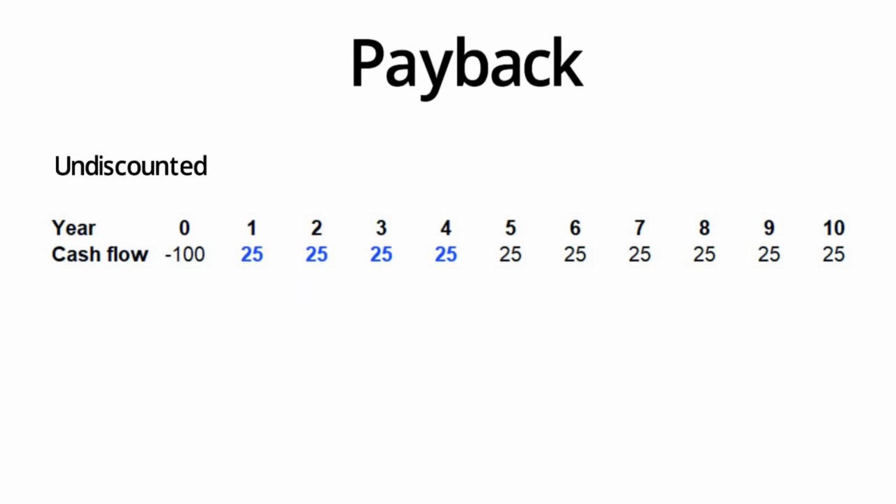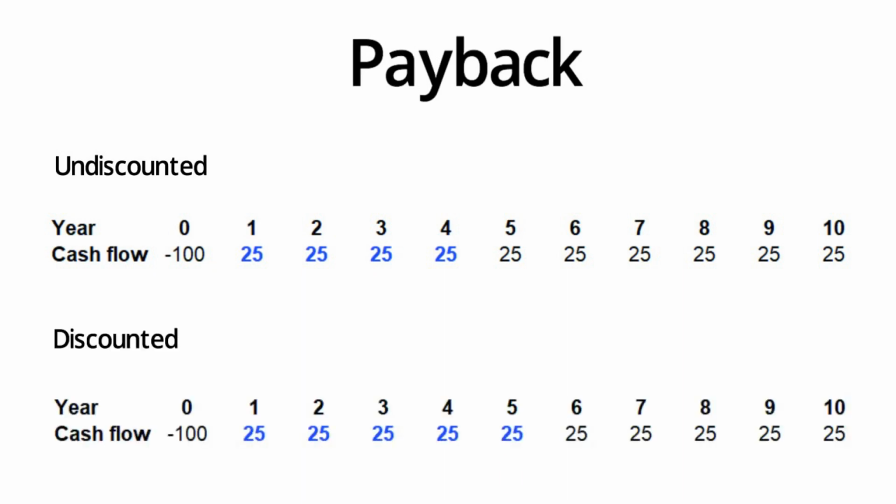Discounted payback applies the discounting factor, the WACC of 8%, on the cash flow before calculating the payback. It occurs at the point in time when a capex is fully repaid using the capex project's future discounted cash flow. In a discounted payback calculation, the capex of 100 not only has to pay back the 100, but also cover the time value of money effect, that money is worth less in the future than today. You basically need another year with 25 as cash flow to cover for the WACC.